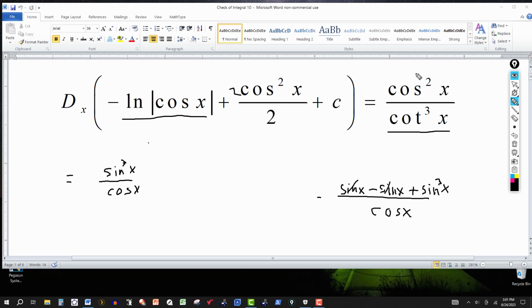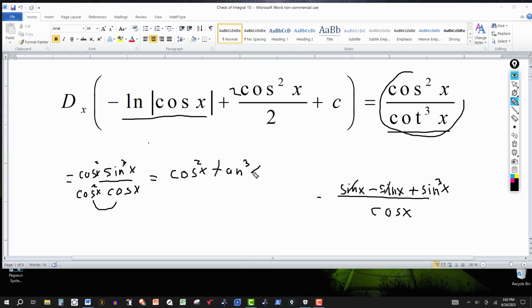Then I'm looking at my objective over here. This is what I want to come up with. So what I'm going to do next is multiply the numerator and denominator by cosine squared of x. We get that. And then this equals cosine squared of x, and then notice here I have sine cube of x, and these two right here give me a cosine cube. So I got sine cube of x over cosine cube of x. Well, that's tangent